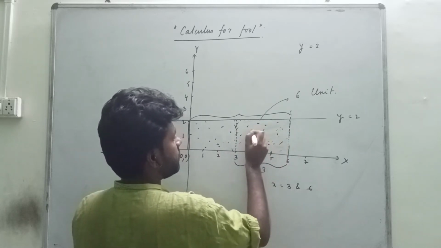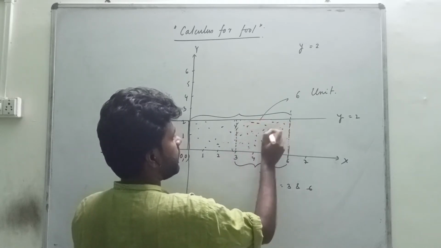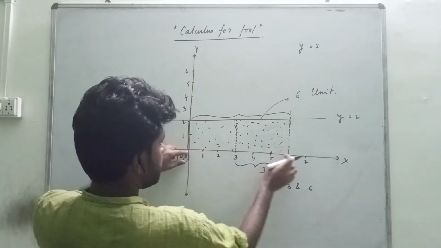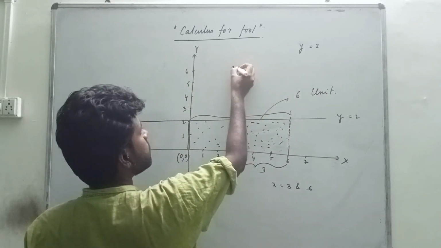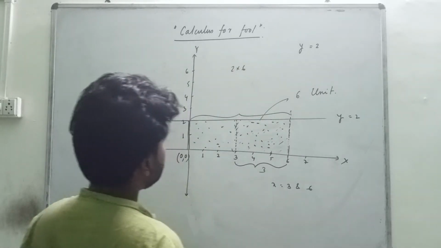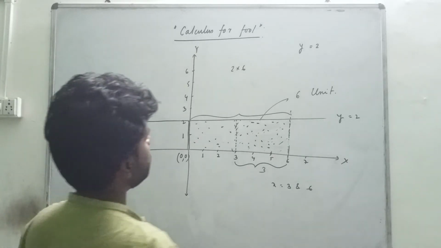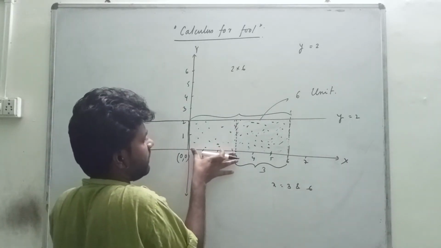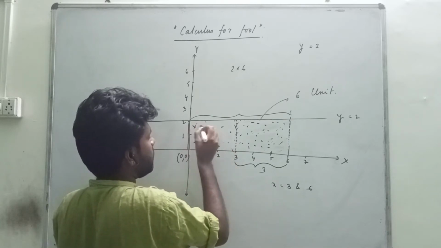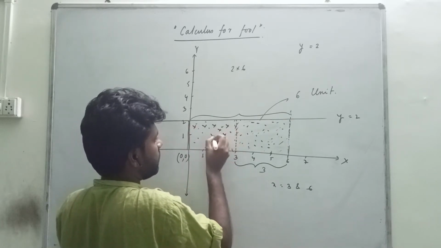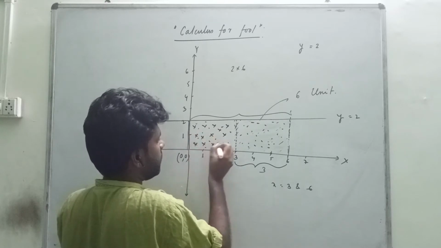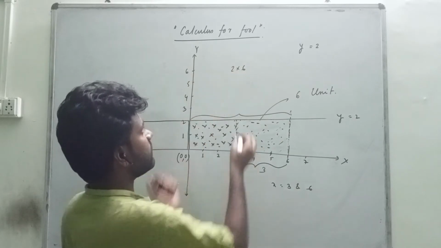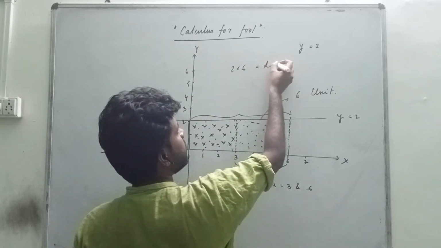So the whole area of this thing goes to 2 into 6, right? And if you subtract from 2 into 6 this area, I just cross it. So this dot means 2 into 6, the dotted area,